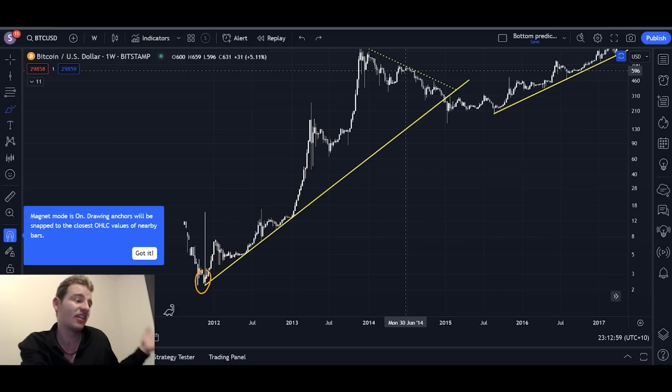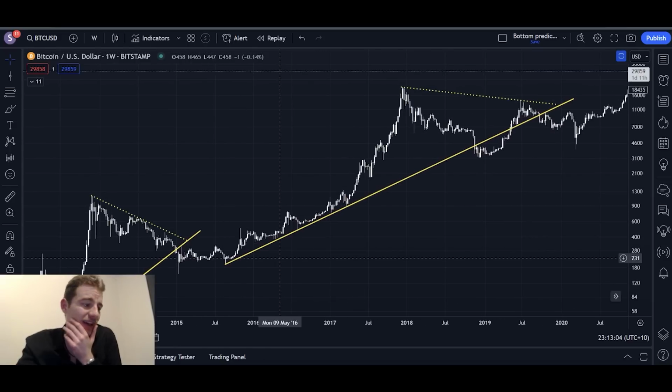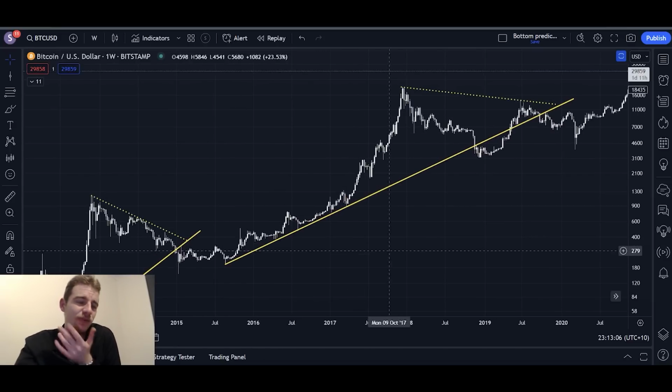That could be a coincidence, you know, who knows? But the fact that it happened in another cycle again adds some validity to the claim that sometimes we see these lines, and these lines actually could be very important. So again,